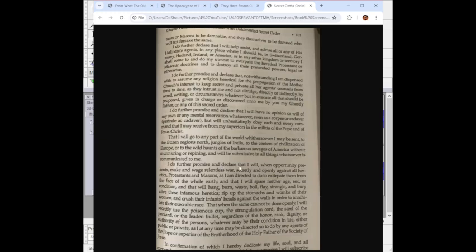I do further promise and declare that I will, when opportunity presents, make and wage relentless war, secretly and openly, against all heretics, Protestants, and Masons, as I am directed to do, to extirpate them from the face of the whole earth, and that I will spare neither age, sex, or condition, and that I will hang, burn, waste, boil, flay, strangle, and bury alive these infamous heretics, rip up the stomachs and wombs of their women, and crush their infants' heads against the walls, in order to annihilate their